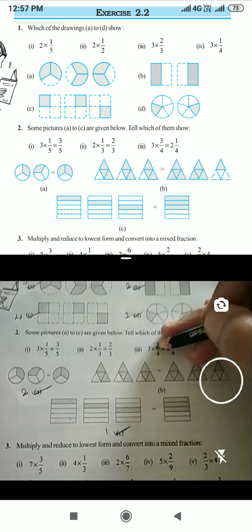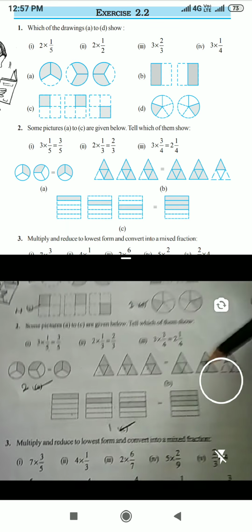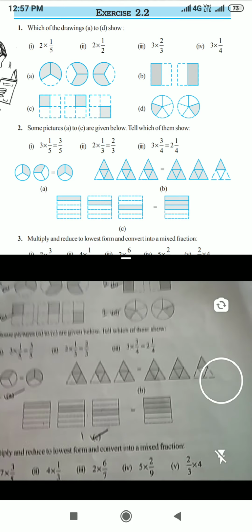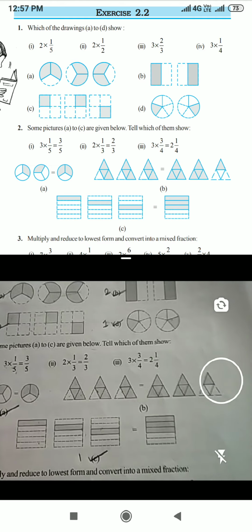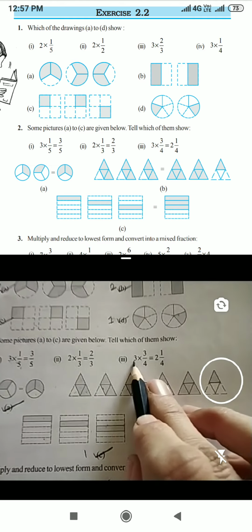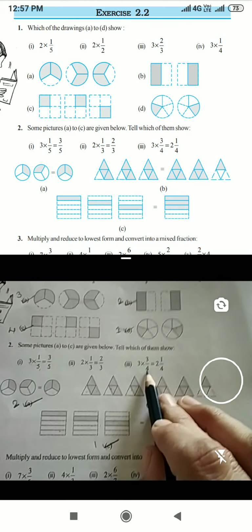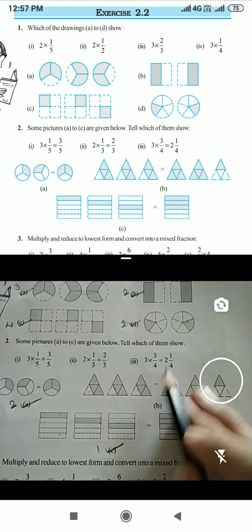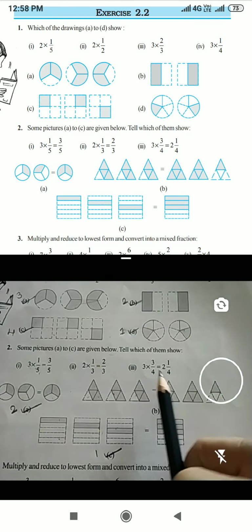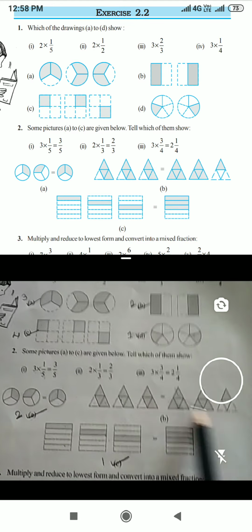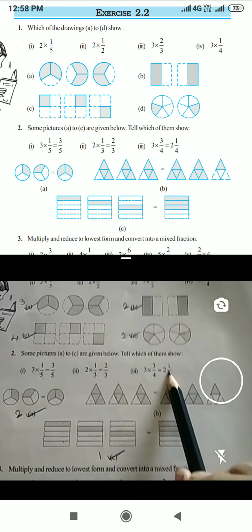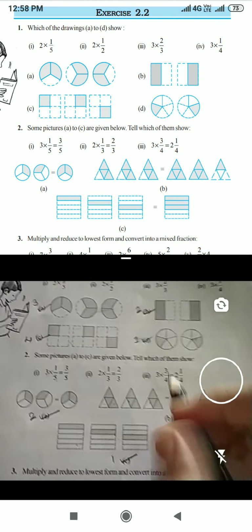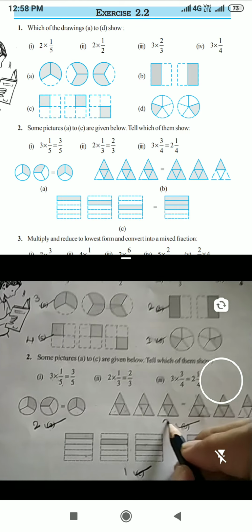Now third one, just a single one remains. So you can directly say this is the answer. But before going directly to tell the answer, we have to verify whether it is correct or wrong. Okay. Now 3 wholes he said. Yes, we have 3 wholes. In that 4 parts must be there. Yes, we have 4 parts. 3 parts should be shaded. Yes, 3 parts are shaded. And here we get the answer 2 whole. So we have here 2 whole, means whole parts are shaded here. 2 wholes we have. And after that, in the next whole 4 parts are there, and only 1 part is shaded. Yes, this is our third answer.